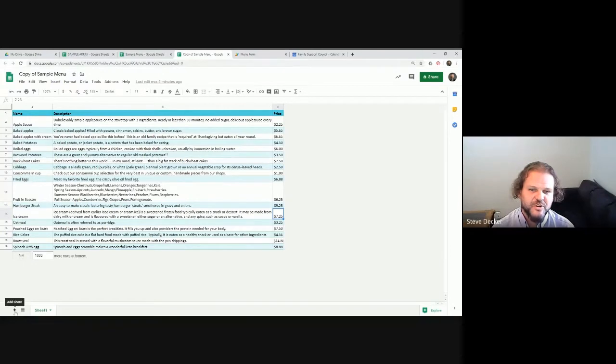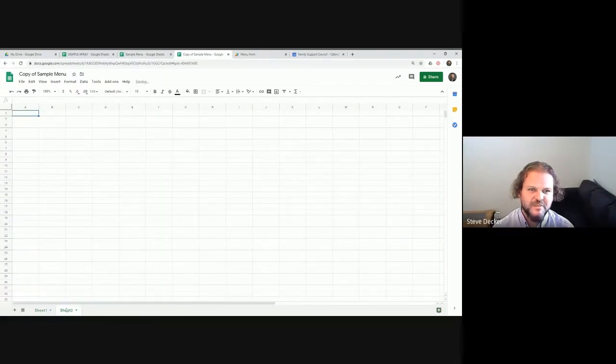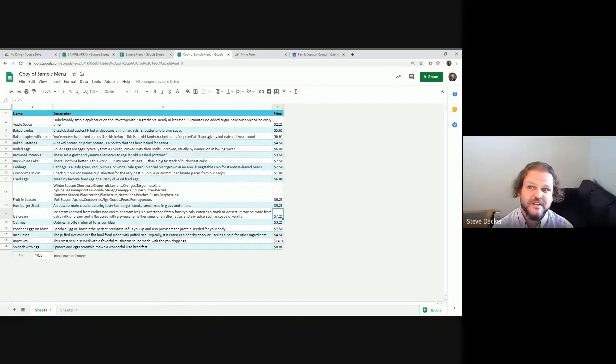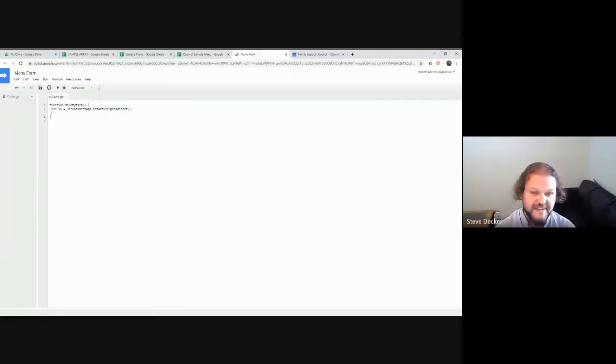In Google, you can have multiple sheets. See, down at the bottom, we have sheet 2, and we also have sheet 1. Well, sheet 1 is actually the one that has the menu in it. So we want to grab that sheet, not sheet number 2. So we're going to have to create another variable. And so we do that, and we can actually build variables off of other variables. So we're going to name this one sheet,